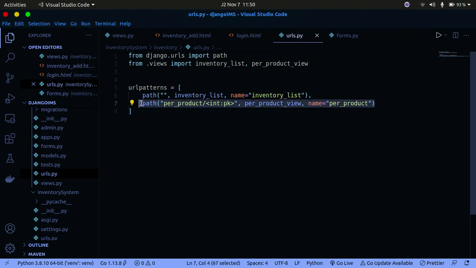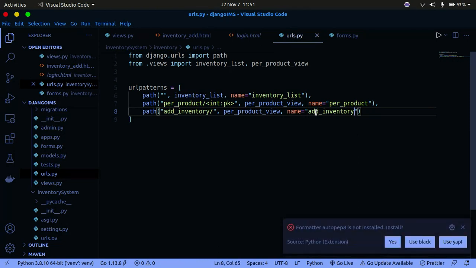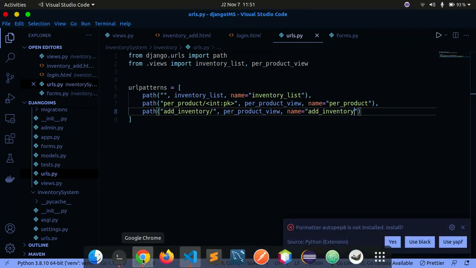I'm going to select all of this properly, copy it, and then this is going to be a comma, and then paste it here. So it's going to be add product. So it's going to be add underscore inventory / and this is going to be add underscore inventory, just like that. So we need to save this, and now we can go back to our web page here,